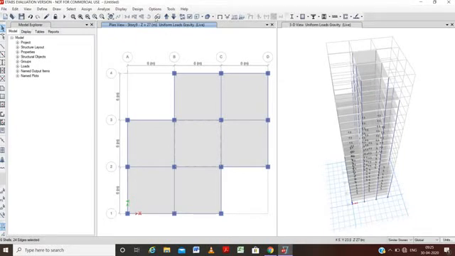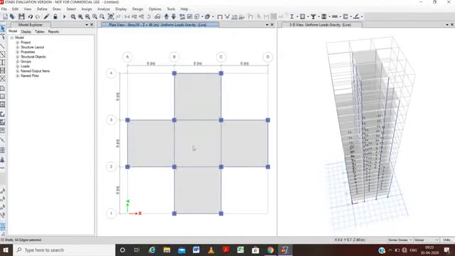Now we will further move up to the next set of similar stories, that is beyond 14. So we have come to the 16th story, that is beyond 14.